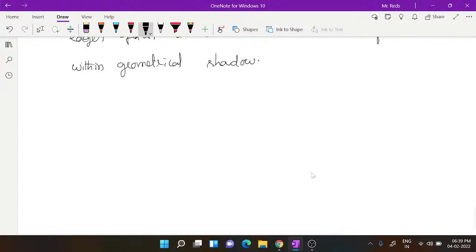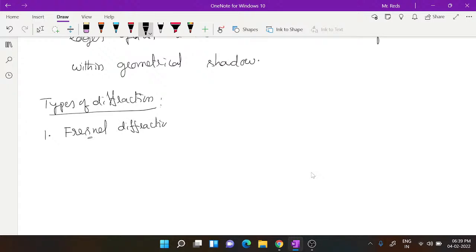Before that, you need to have an idea about the types of diffraction. Diffraction is generally classified into two types. One is Fresnel diffraction. Here the S is silent, so you have to pronounce this as Fresnel diffraction, and